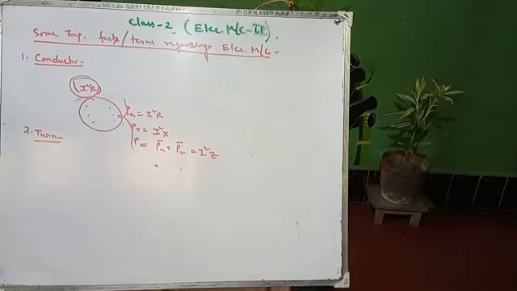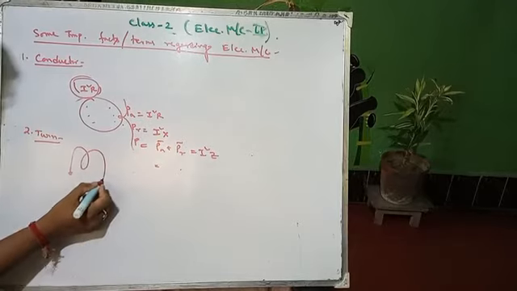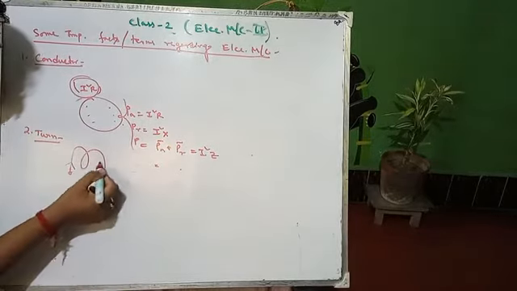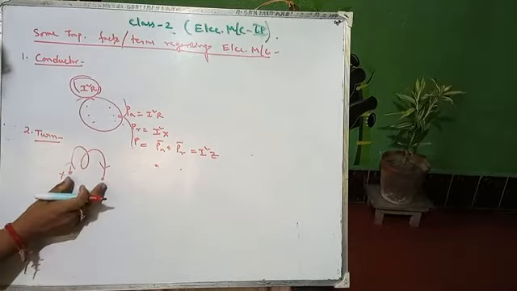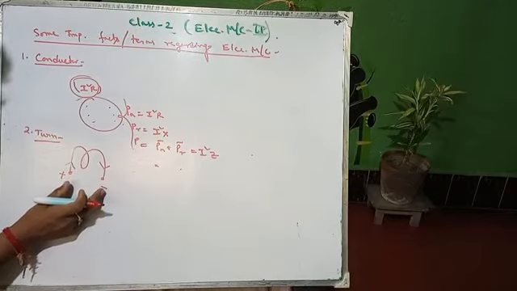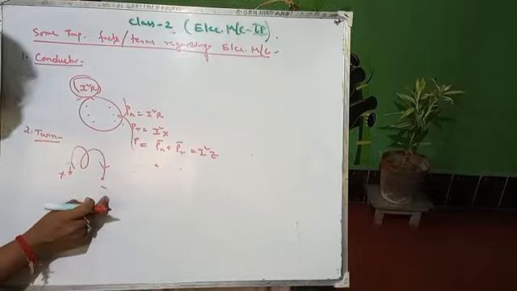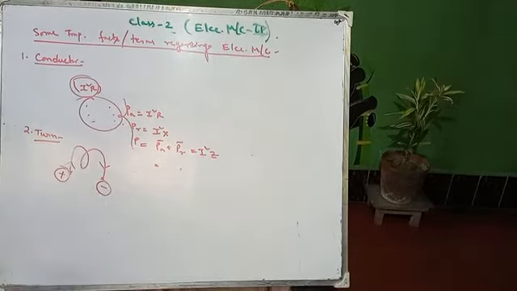One turn consists of two conductors. Always remember, one turn consists of two conductors. These are two conductors. If we consider current is entering at this part, then it is leaving from here. So here will be plus, here will be minus. So these two conductors are separated and can be treated in an electrical system. In each turn, one conductor is named positive and the other is negative.